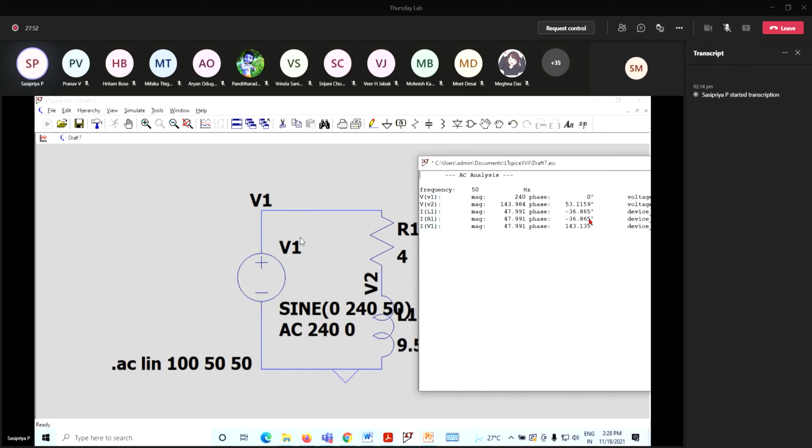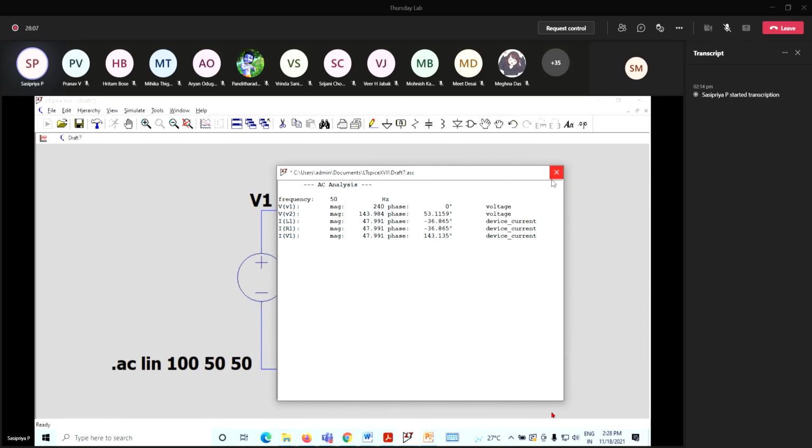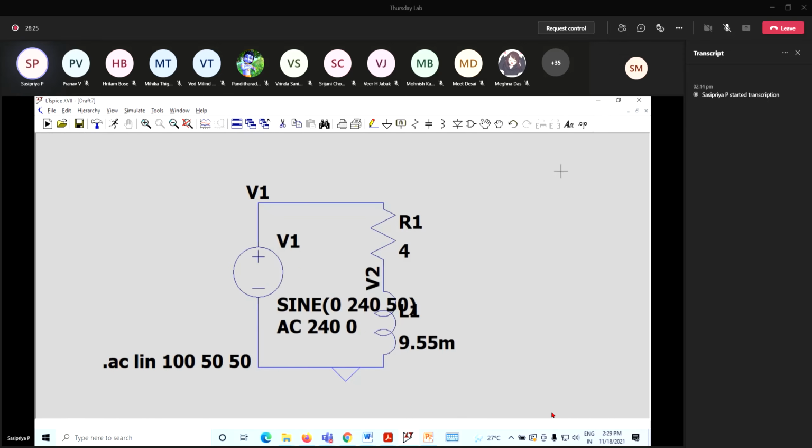In the simulation SPICE takes the downward direction, but the original current is in the upward direction. That's the reason we are getting a different phase angle. Otherwise, the actual value is only 36. Okay, so these are all the values. That is why normally I prefer to go for transient analysis, even for a DC circuit. Generally when we go for DC operating point analysis, it gives the value like this, but we may not be sure about the current direction. We may get confused. So better let us go for the transient analysis. Okay, that's all. So this is using AC analysis.